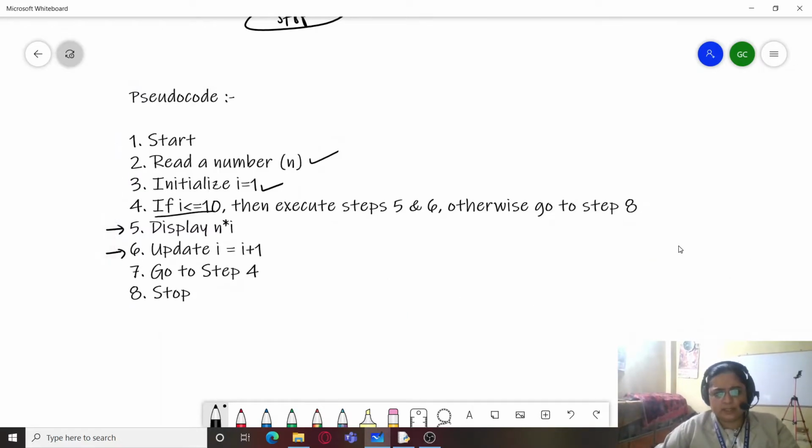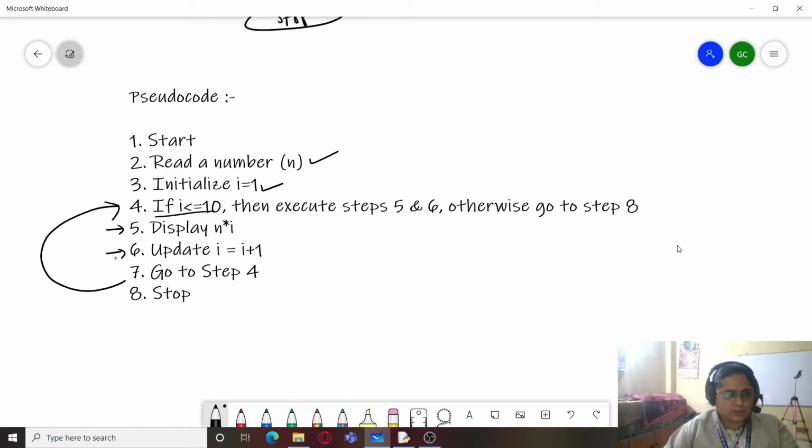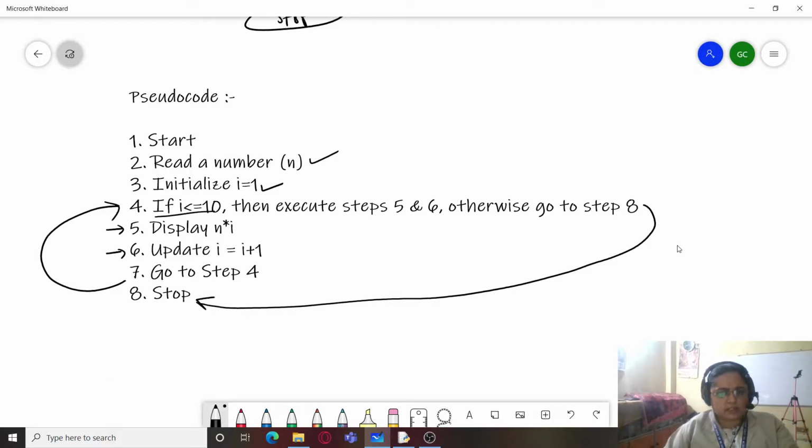So now it would be clear to you, that is first do this, update the value of I, then go back to step 4. So this becomes a loop: execute step 4, check the value of I, if it satisfies the condition, again execute steps 5 and 6, again go back to step 4, and if this condition is false, then go to step 8. That is over here. So we'll go to step 8 and that is stop.